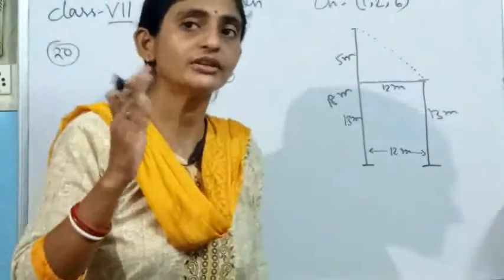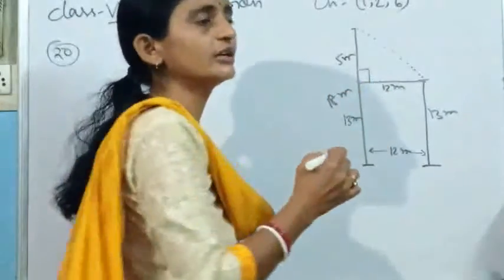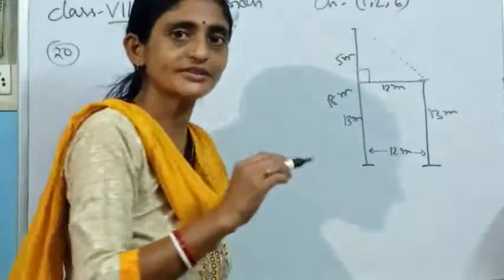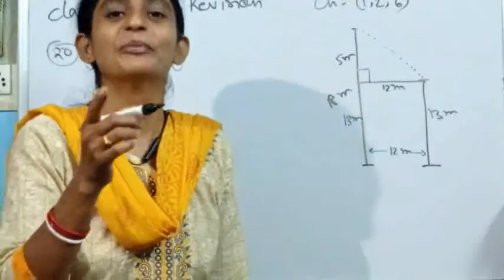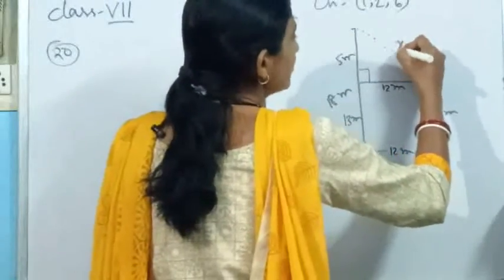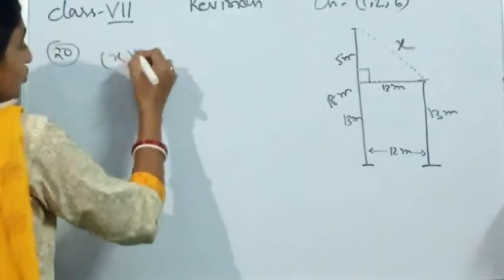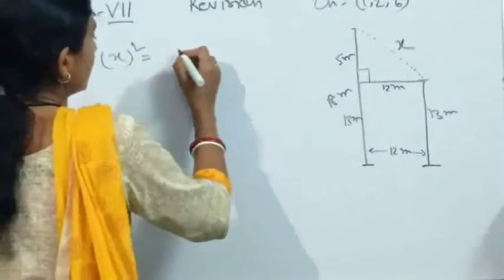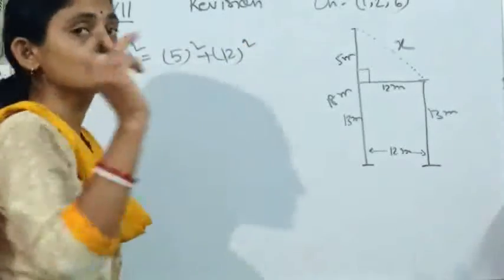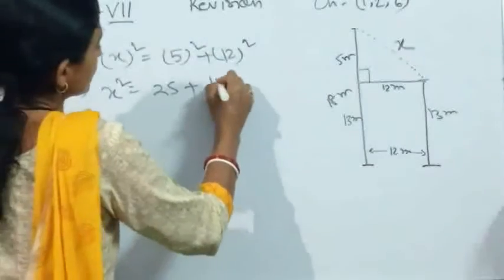If they are standing upright, that means they are making a right angle triangle. So the side opposite the right angle is the hypotenuse. Which theory are we going to apply here? Yes, the Pythagoras theorem. Let the hypotenuse be x. What is the formula we are going to apply? Hypotenuse square equals height square plus base square. So we get x square equals 25 plus 144.